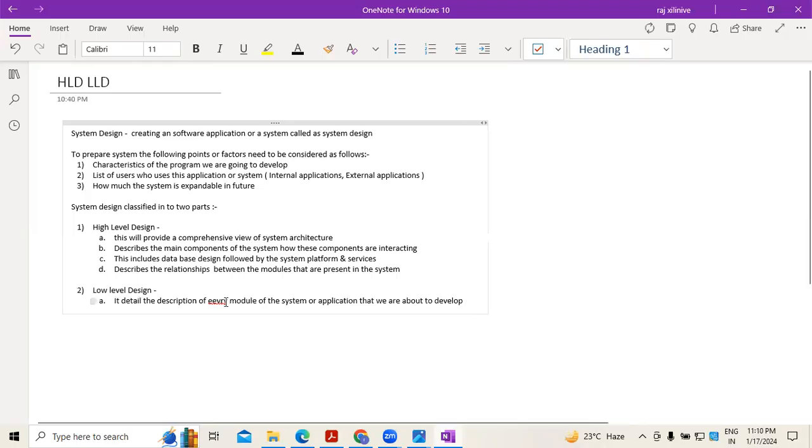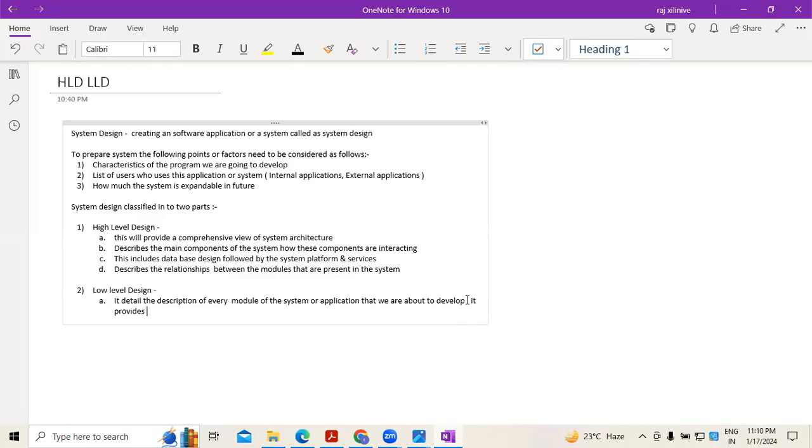If you want to know the detailed description of the module we are going to develop, this is where low-level designs are used. For this, let me write down here, it provides